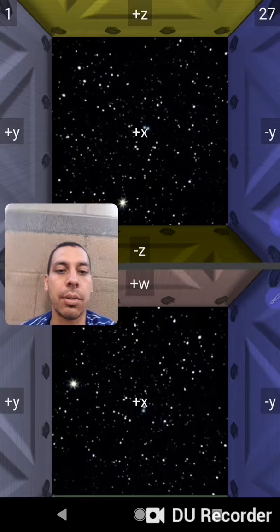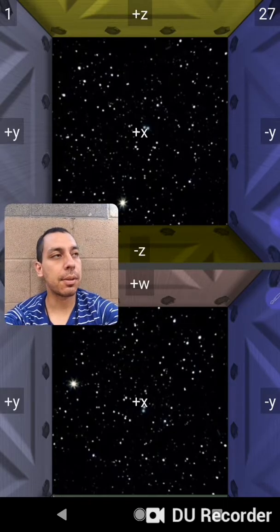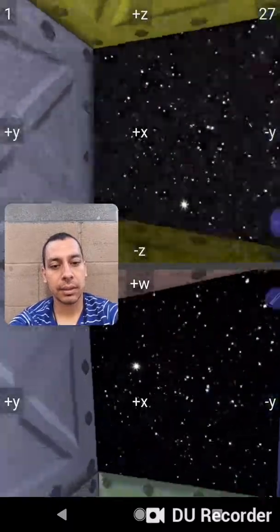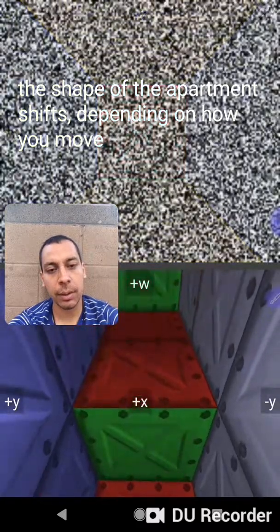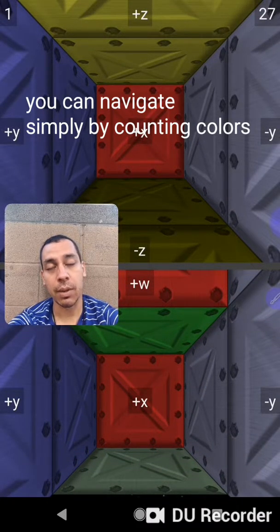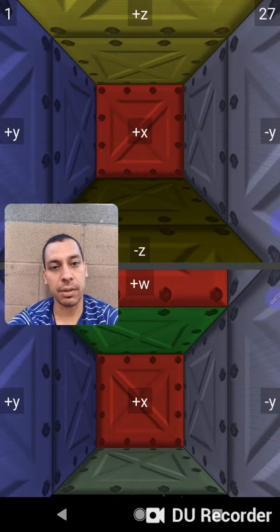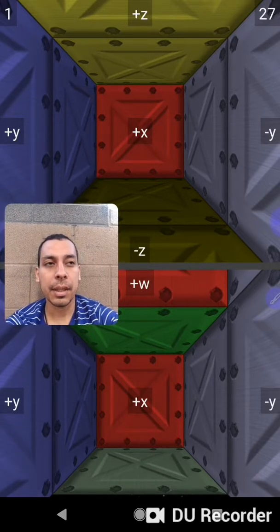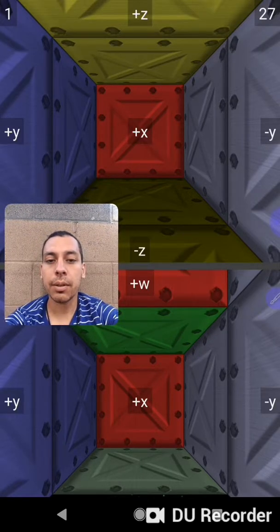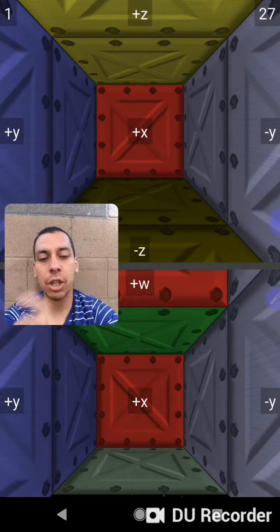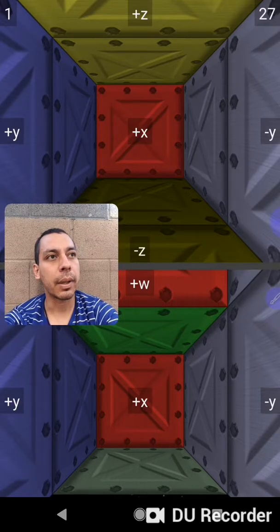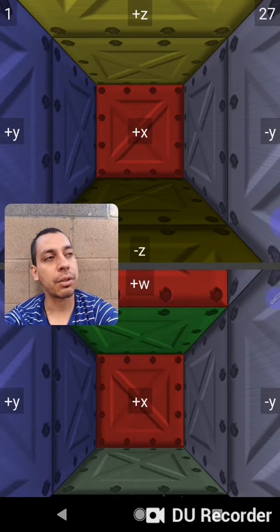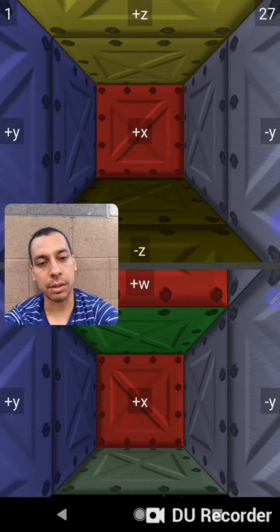I guess what you're supposed to do in this game, or the best way to play this game, is to kind of ignore the shape of the location and just use the colors as reference. That's why the colors are so important. Just use the colors as reference as to where you're going. But I think that's a shortcut. If you play the game that way, you won't have to think about how the environment is changing depending on which direction you face. It is a shortcut way to play it, and you won't have to really understand the fourth dimension in order to reach the exit if you just keep track of